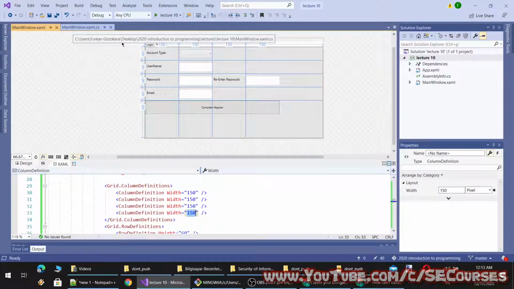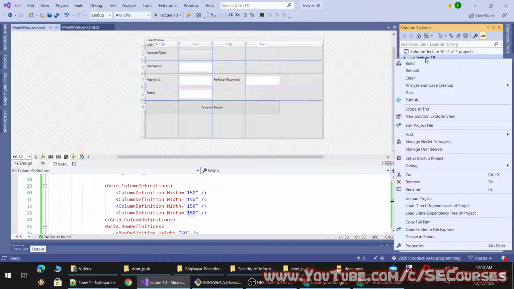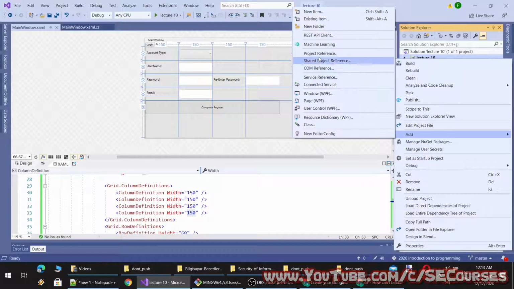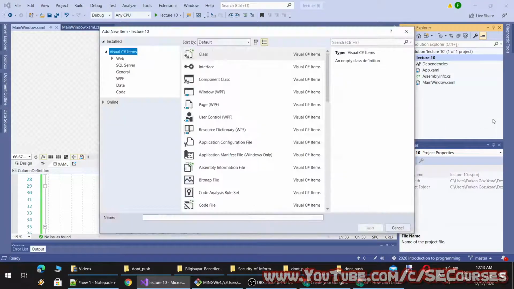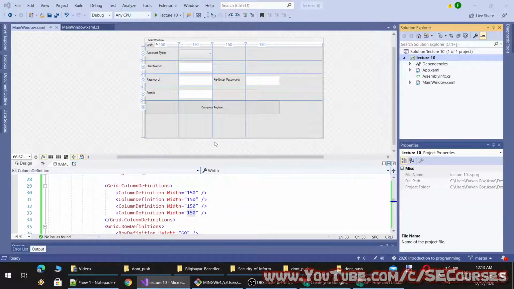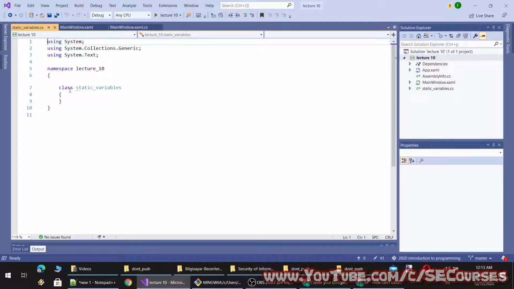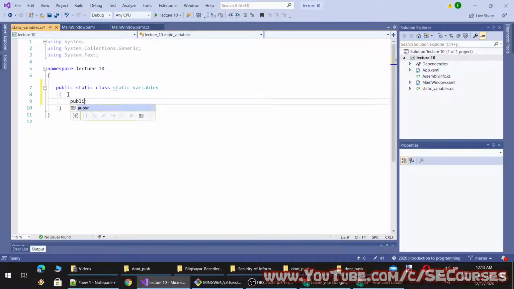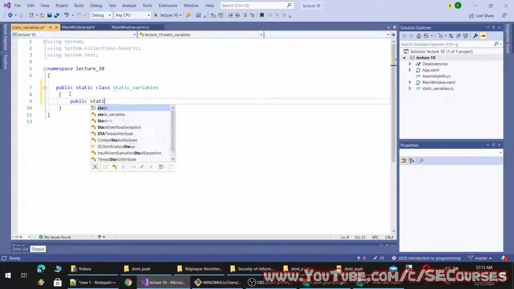So I will add a class to here. Let's name it static variables. Okay, public static class. And let's define our variable names.